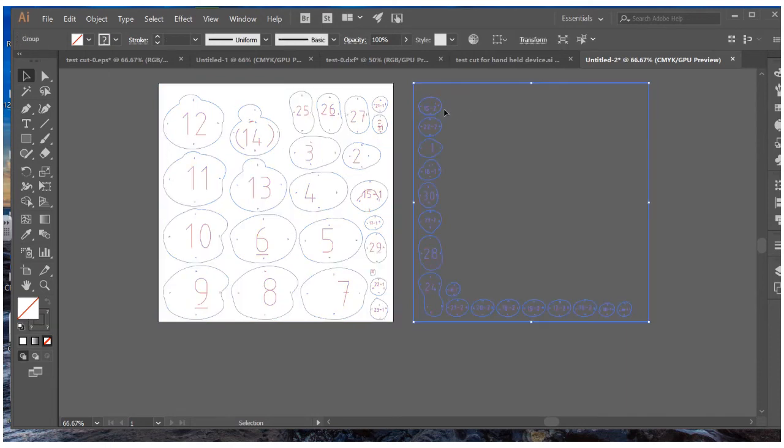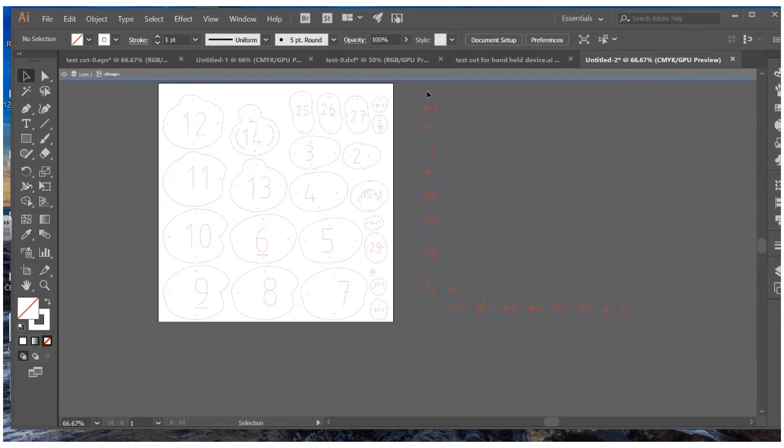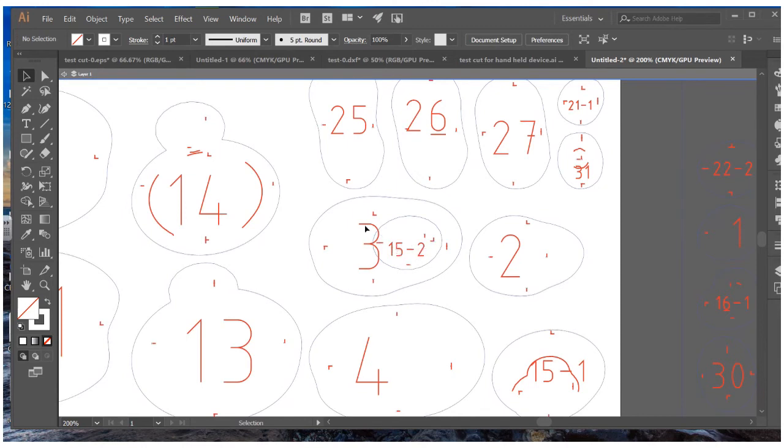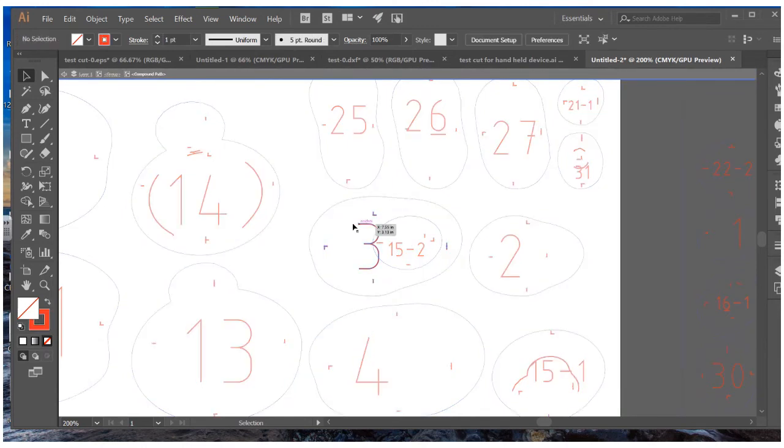So what I can do is double click here, that opens this group, and then I can just drag these into the interior here, and then I'll zoom back in, Control plus zooms in, and I've got to get out of that group and back to this other group, double click on that, and I can